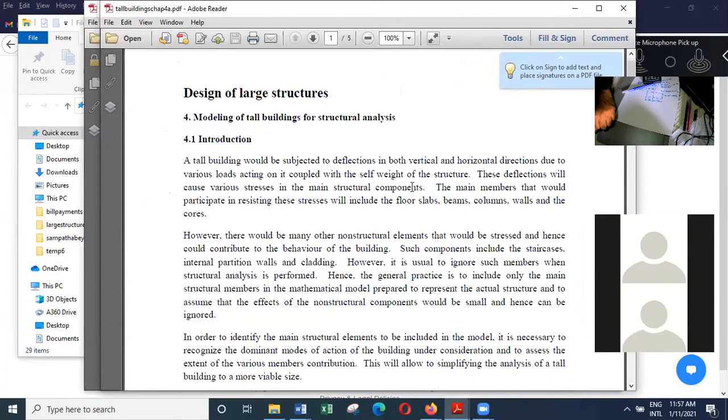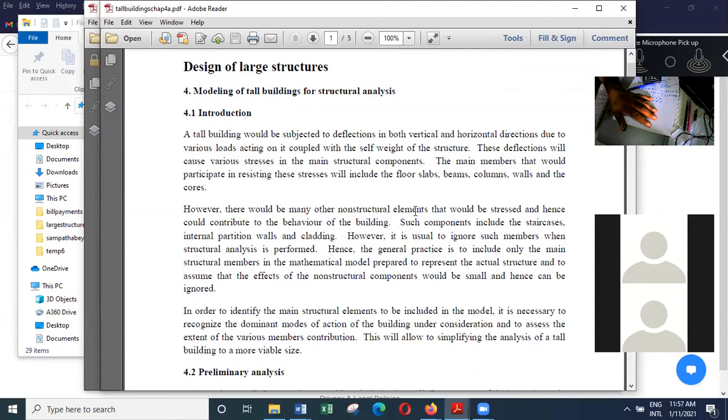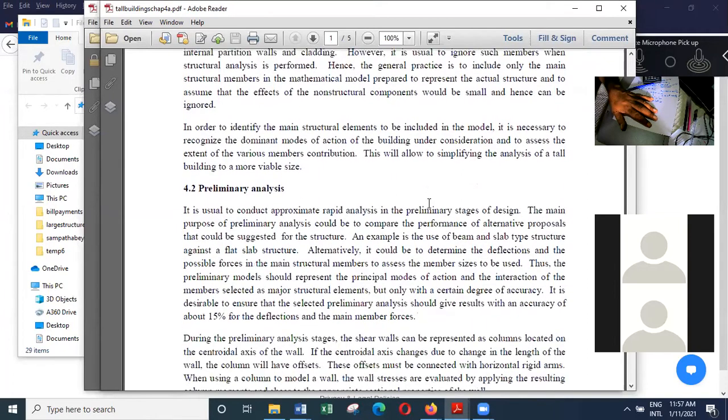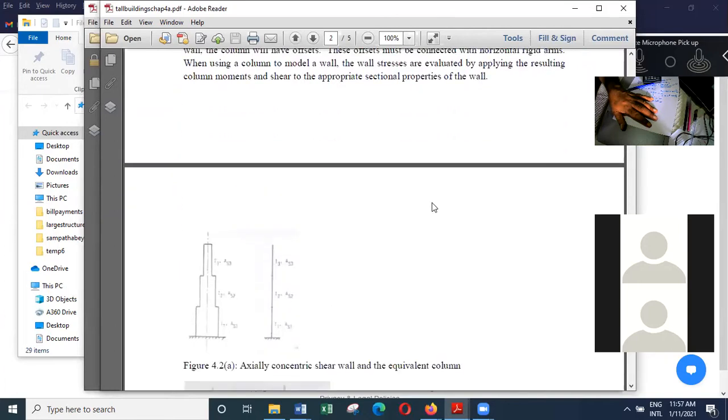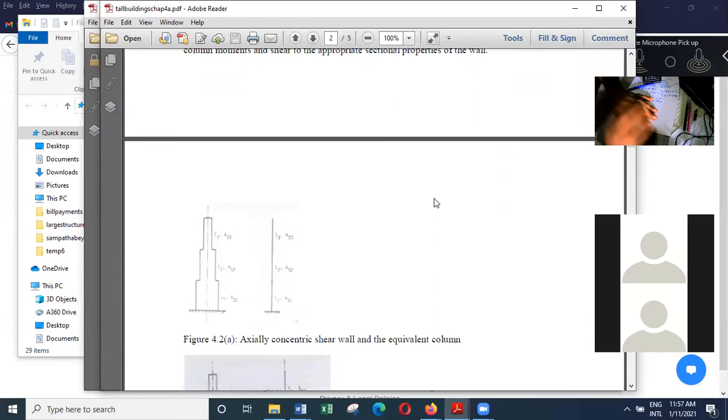So basically, when you are doing the analysis, you will do the analysis in two different levels. The first one is the preliminary analysis. The idea of preliminary analysis is to get some idea about the deflection of the structure and the loads acting on structural elements and so on. When you are conducting preliminary analysis, there are only one or two things that I want to show. If you want to get some idea about the moments on shear walls and so on,